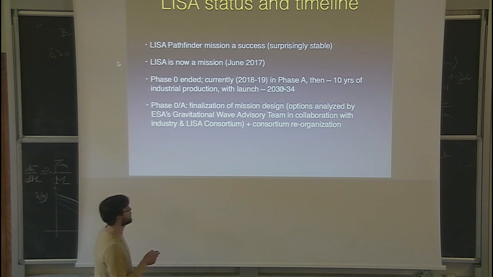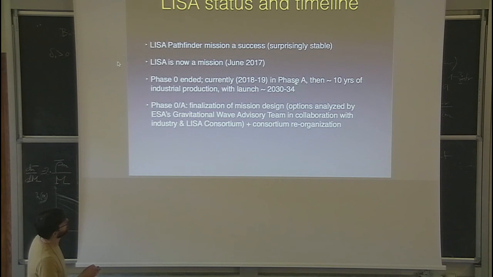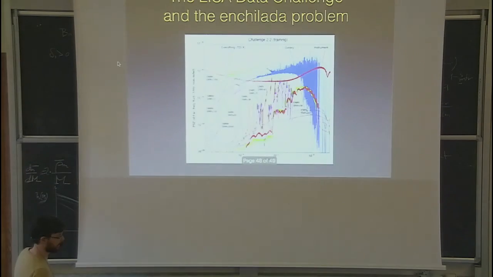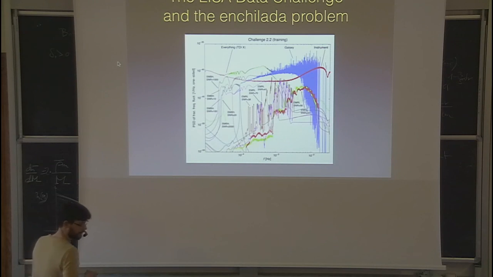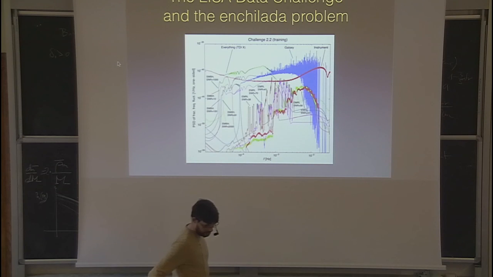And there are political reasons why ESA would like to fly it before its nominal launch date. The nominal launch date is 2034, but they would like to fly it somewhere between 2030 and 2034. Technically, we should be ready to fly by the end of the next decade. So especially if you're a PhD student now, this is a timeline which you should keep in mind. And just to give you the very last, I promise, slide,